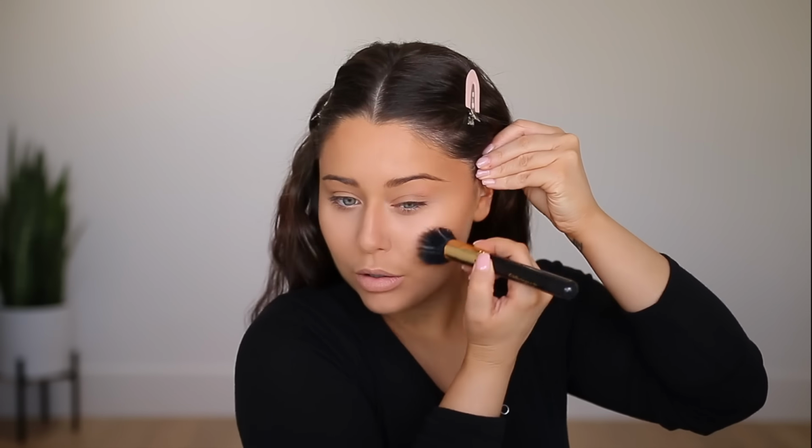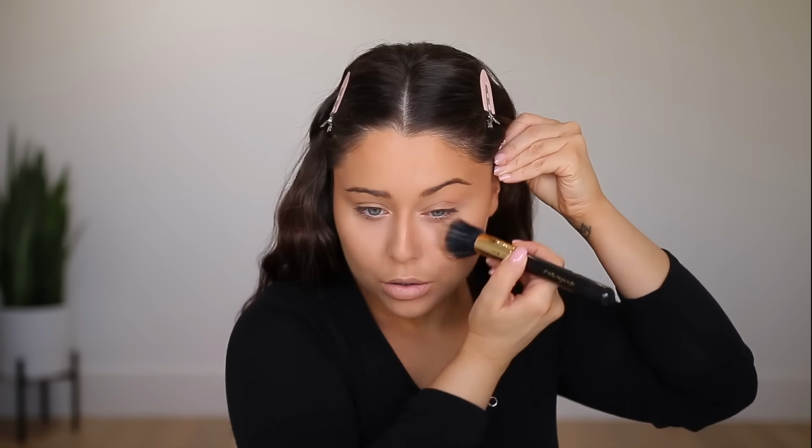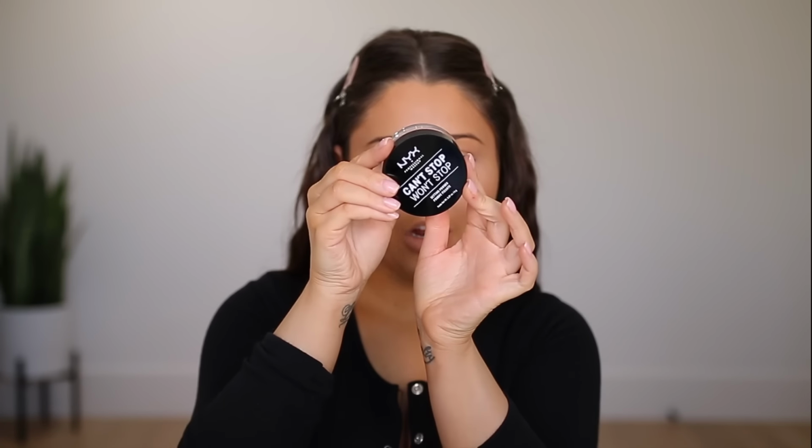with a beaming highlight. We're gonna use the NYX Can't Stop, Won't Stop Loose Powder. I love this. This is in the shade Light. I am going